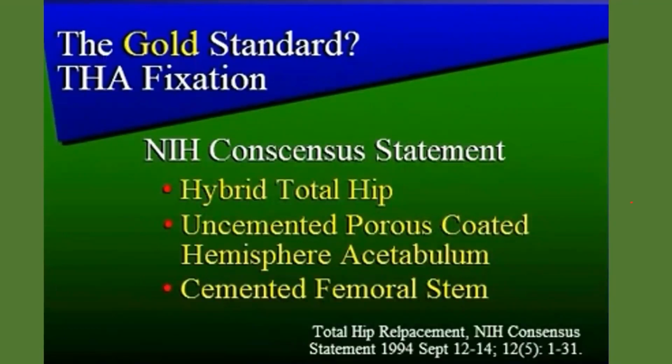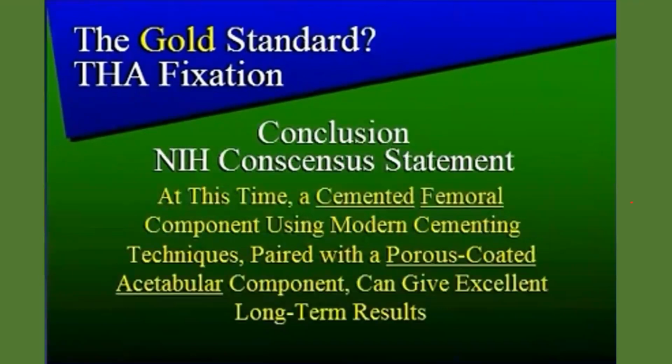And the gold standard for total hip is a hybrid total hip, uncemented porous coated, hemisphere acetabulum, and cemented femoral stem. This is a choice whether to use it or not. In Europe, they love using cemented femoral stems, but in the States, they prefer uncemented. So, at this time, cemented femoral component using modern cementing techniques paired with porous coated acetabular component can give